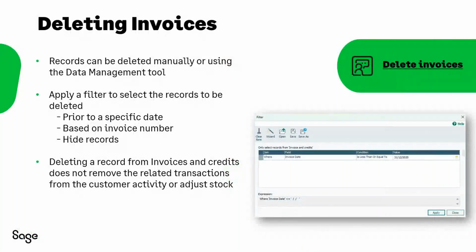So for deleting invoices, we're going to have a look at invoices first of all. There's a couple of ways to remove invoices. You can do this manually, which we're going to have a look at in a moment. And you can also use something called the data management tool, which we'll have a look at a bit later on. Deleting manually, you can use things like a filter to help you select records to be deleted,